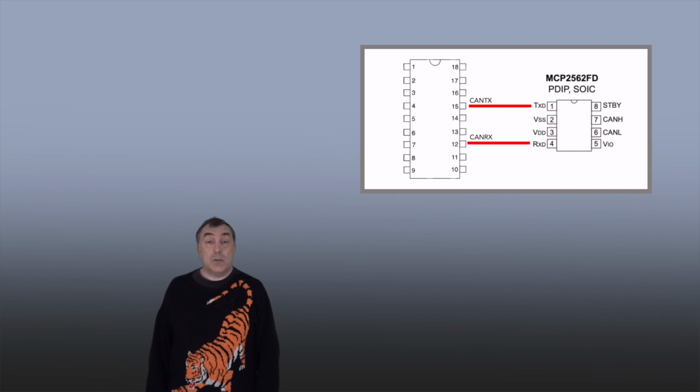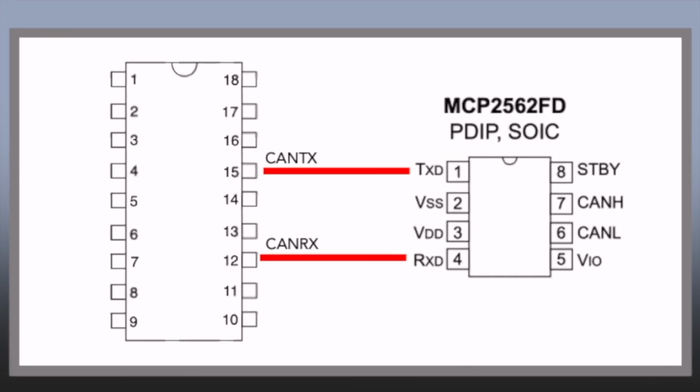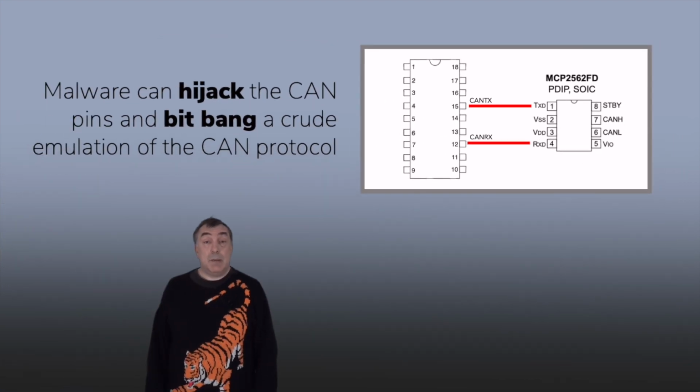A CAN protocol attack works like this. Software takes away control of the TX and RX pins that go to the CAN transceiver and switches them to being general purpose I/O or GPIO pins. This is done in nearly all microcontrollers with an internal logic block called a pin mux. Once the pins are repurposed as GPIO, the value of the TX output pin can be set and the value of the RX pin read. Malware that hijacks a device can bitbang these pins to run a crude emulation of the CAN protocol. The software doesn't follow all the rules of CAN, just enough to drive other CAN controllers to behave in certain